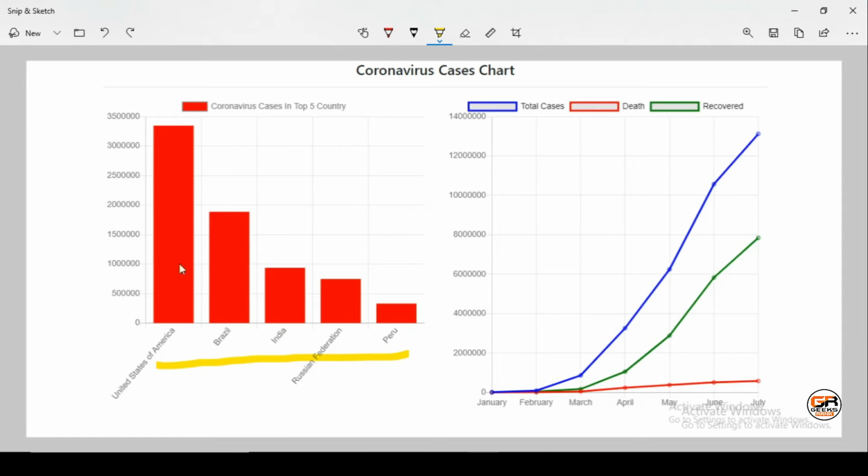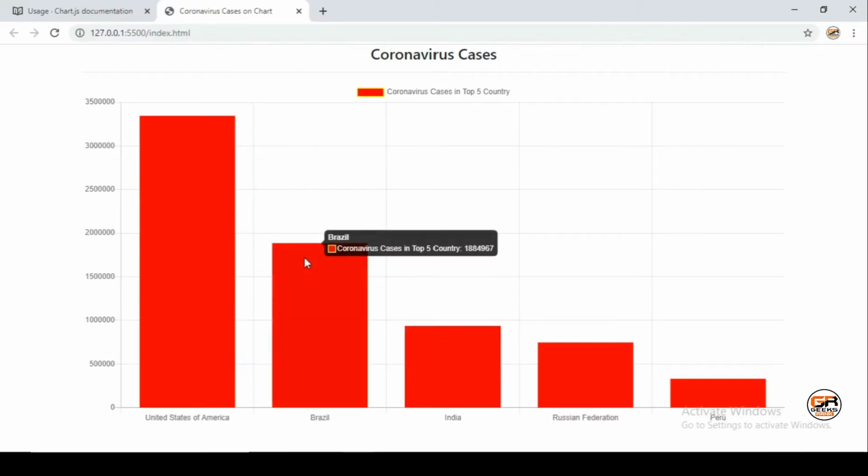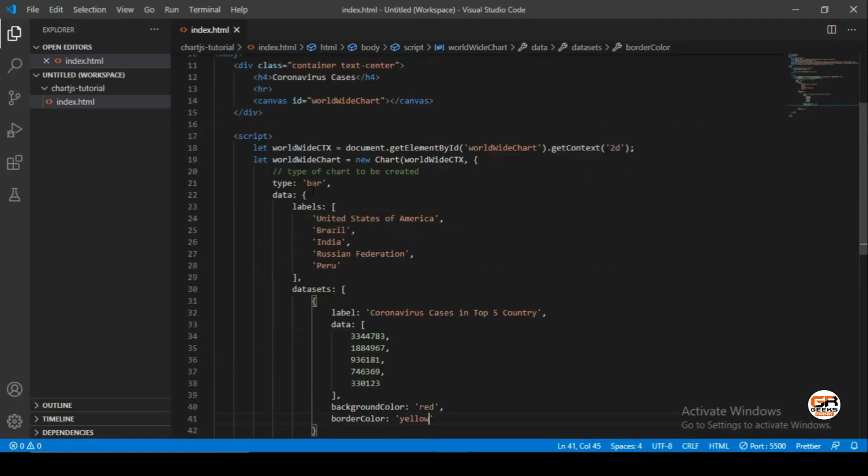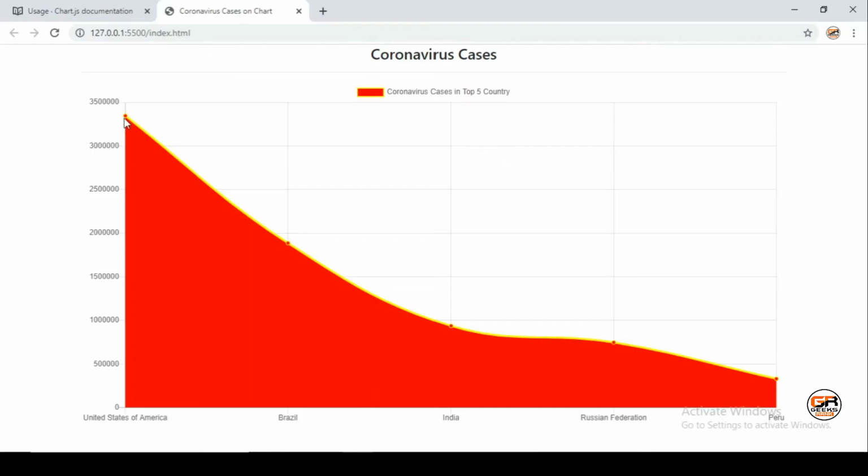For example, let me show how we can convert this graph into a line, bar, or pie chart. We can just change the type of the graph. If we put the line type here, this will show the line graph.